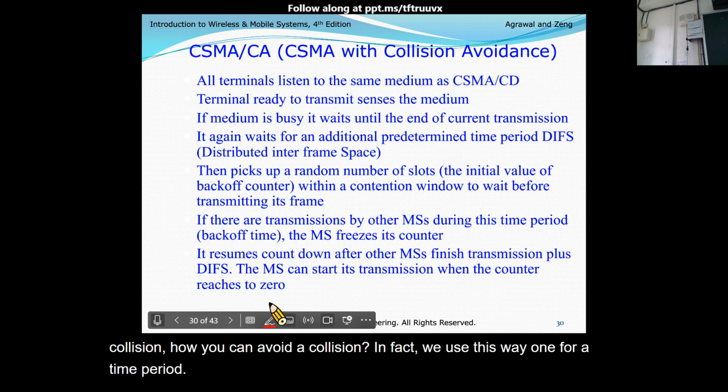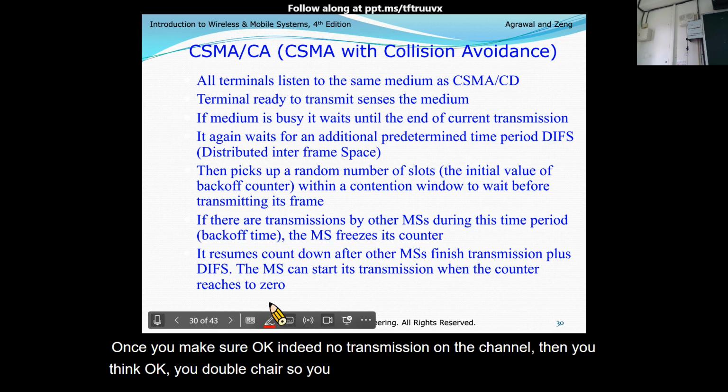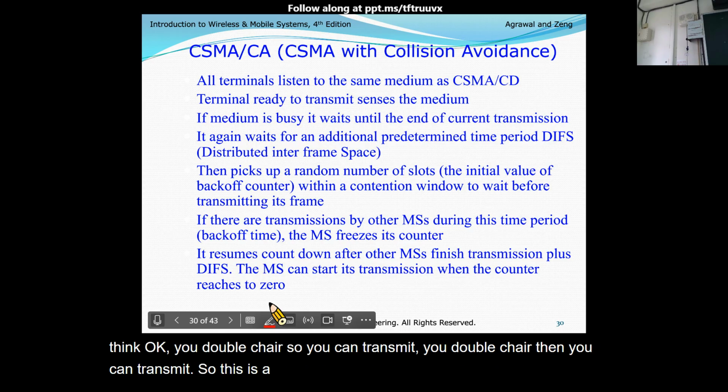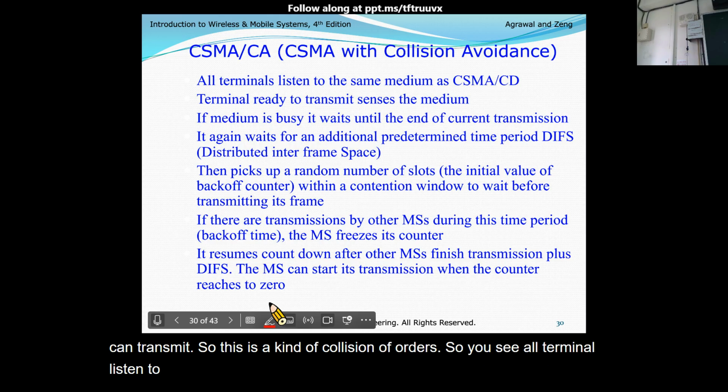Once you make sure, okay, indeed, no transmission on the channel, then you double check, so you can transmit. So this is a kind of collision avoidance. So you see, all terminals listen to the same medium, right?